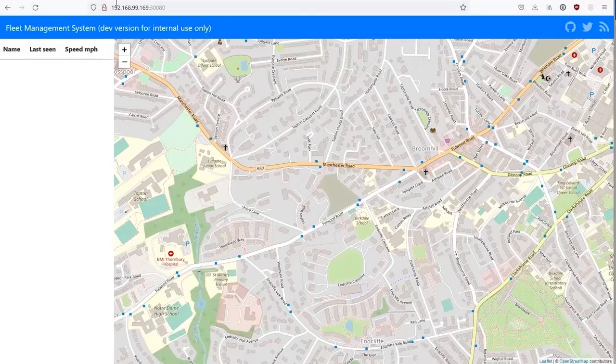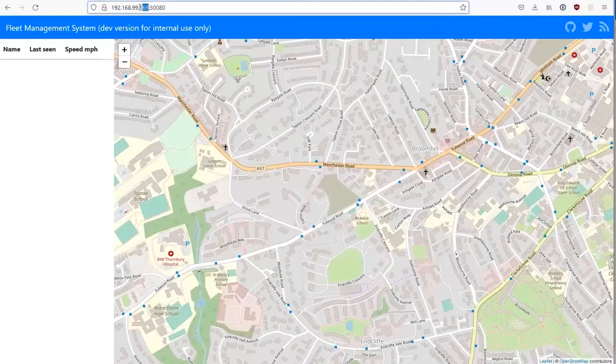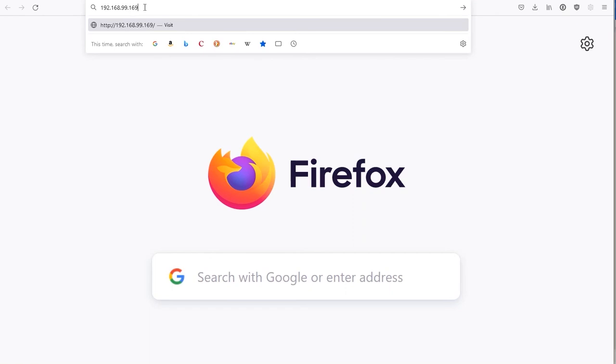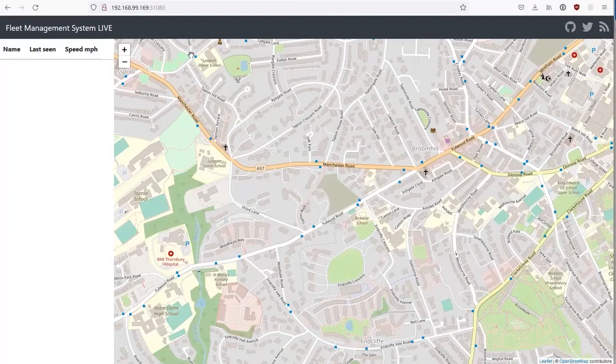So here's the original installation running on 30,080. If I do some refreshes here, nothing's changed there. That's still happily running. But I'll open up a new tab, same IP address, but this time 31,080. And there you go, we've got the production running in parallel.